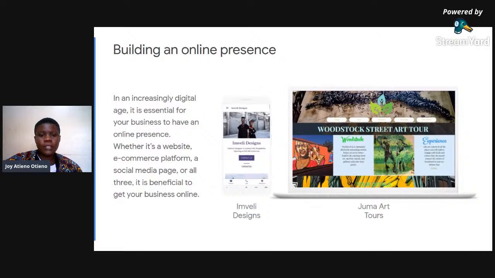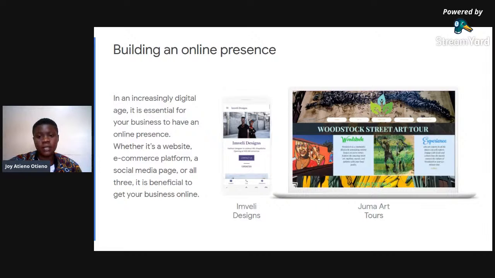Let's look at how to build your online presence. Now, the world that we're living in right now is becoming increasingly and increasingly digital. The connectedness has become crazy. So, as we are living in an increasingly digital age, it is very essential for businesses to have an online